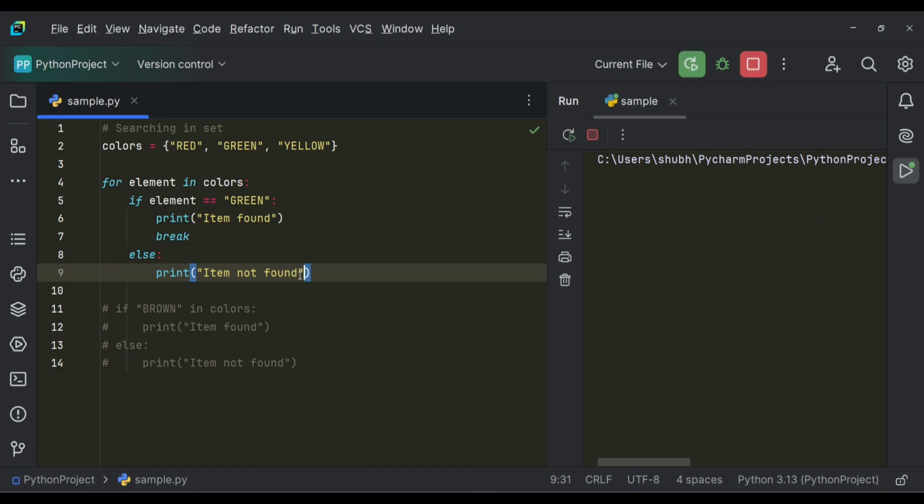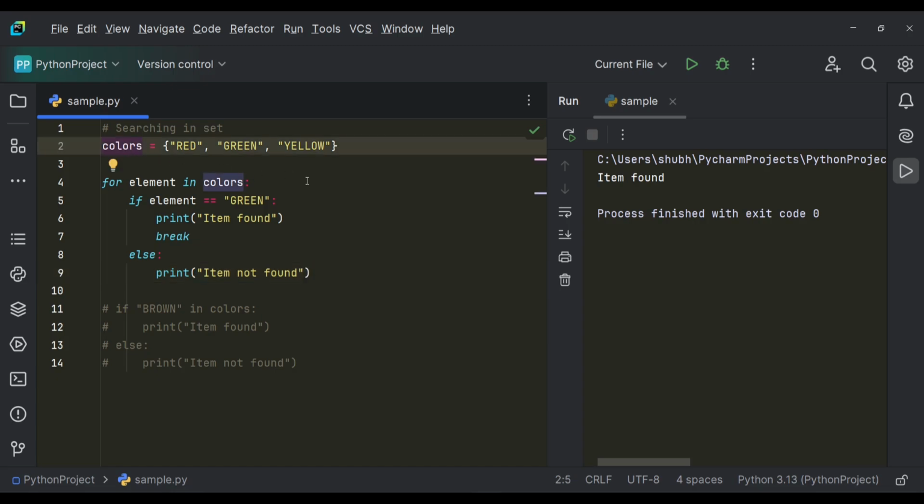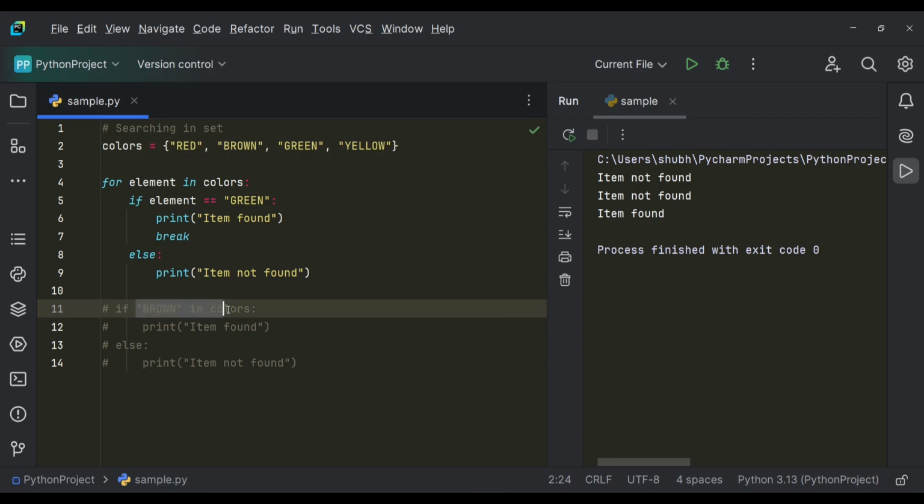Let's run this program. So since in the colors, it identifies green as the first color, it prints only item found. But actually, if I add a few more items, then it will give both statements. Let's say brown. Let's check. So here we have both the statements, which is wrong. So this code can be written as